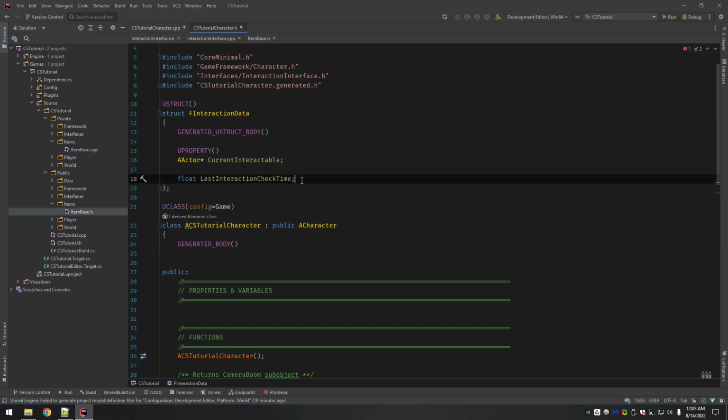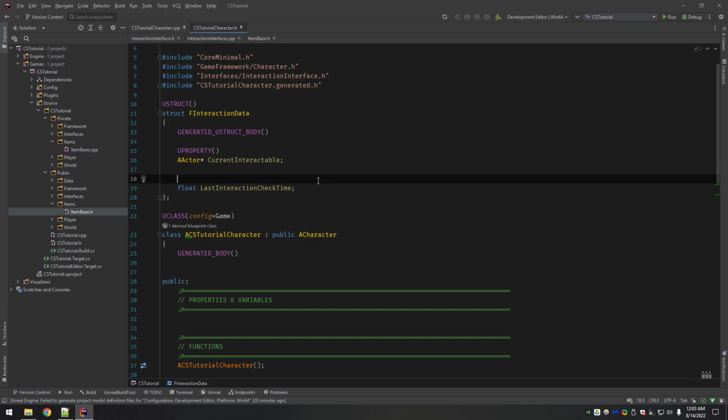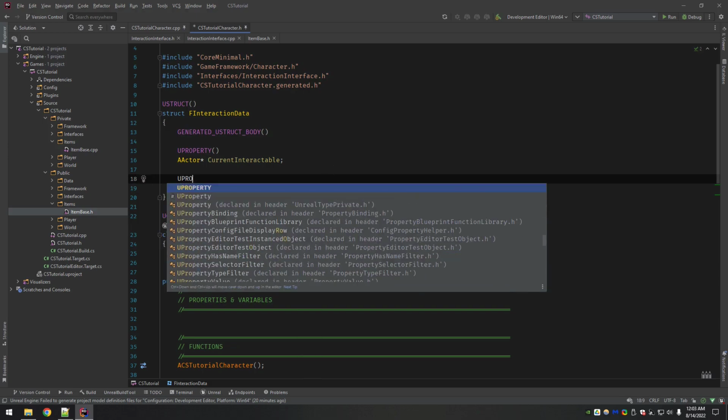Because what we're going to do, the line trace is going to be controlled through the tick in the character, but you can control it by saying, what is the duration? How often do you want it to happen? And so we're storing that in here, and then we're going to do a check and say, okay, if we're over this elapsed time, shoot another line trace. Because it's not really necessary to shoot it every single frame. That's too much. So it makes more sense to kind of space it out a little bit. And then this one is also a UPROPERTY.